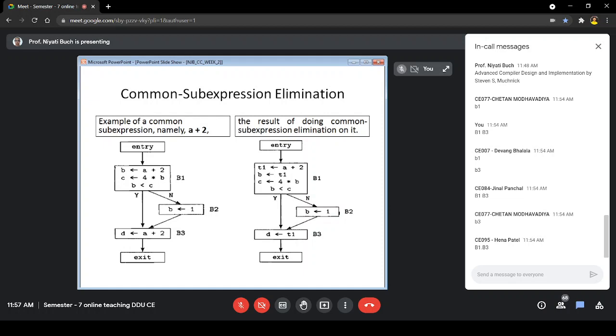So this can be considered as an example of global common subexpression elimination, because there is nothing required locally. So actually we are doing it locally, but locally it is not required. Then in the next phase, we are doing it globally. We will see an example of both these cases, and then you will realize this is a very small code just to give you an idea of the concept.